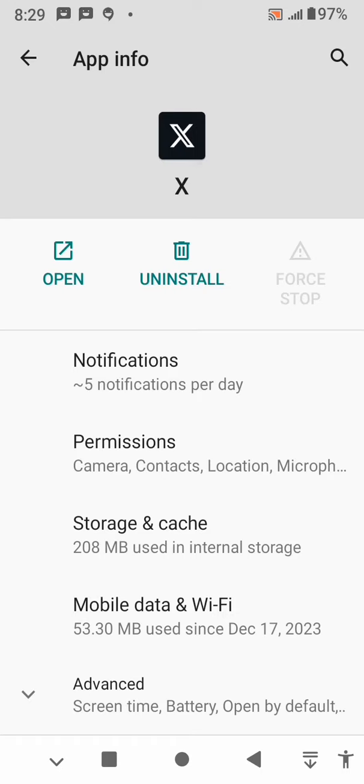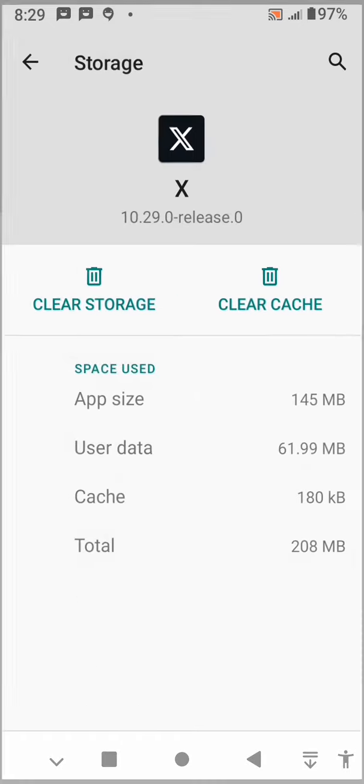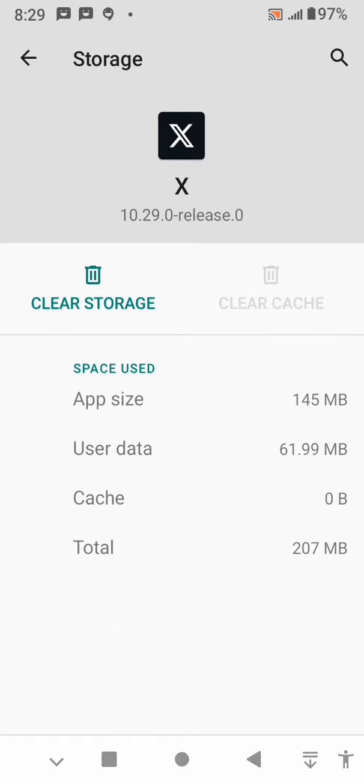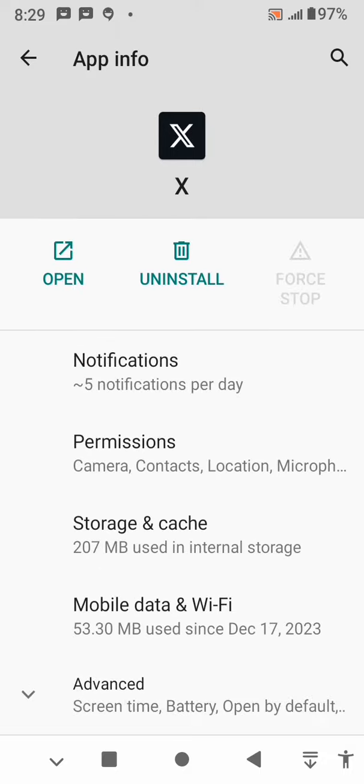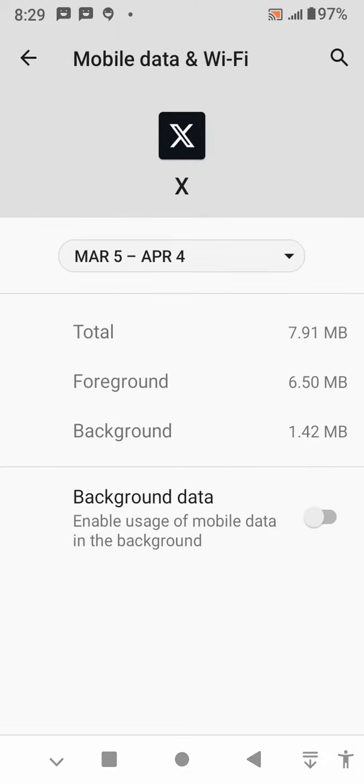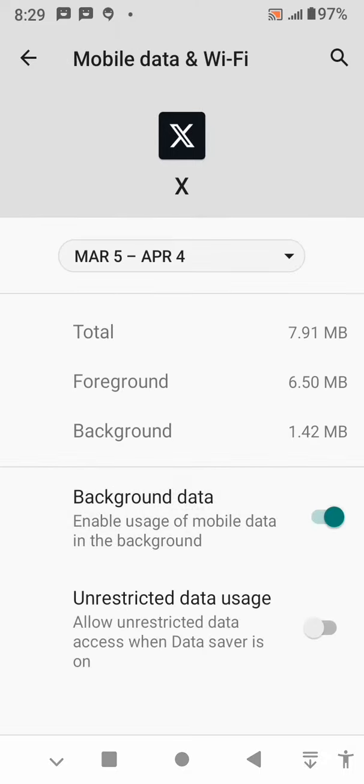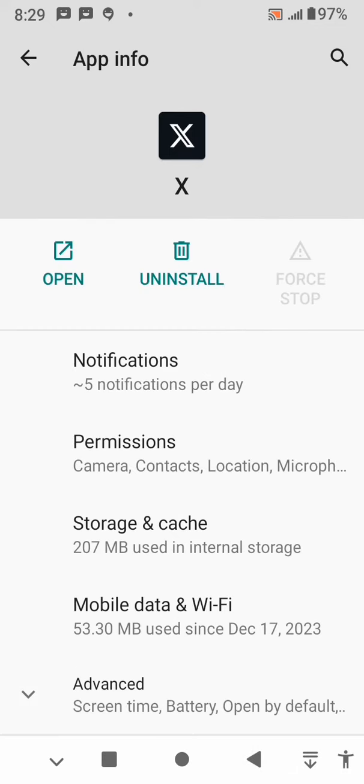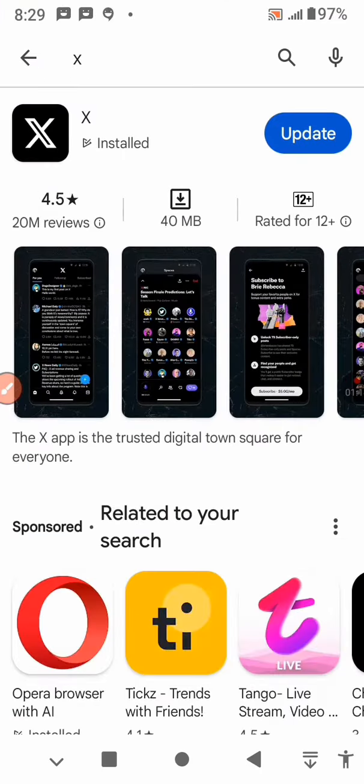Go back and tap on storage and cache, then you tap on the clear cache. Go back, tap on mobile data and Wi-Fi, and make sure this background data is turned on. Turn it on. After doing all this, what you have to do is to go to Google Play Store and